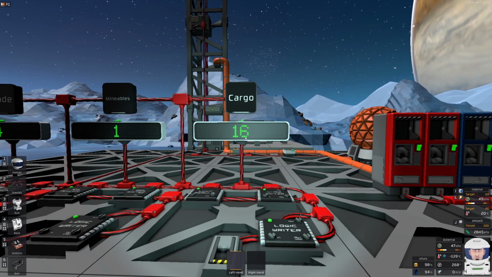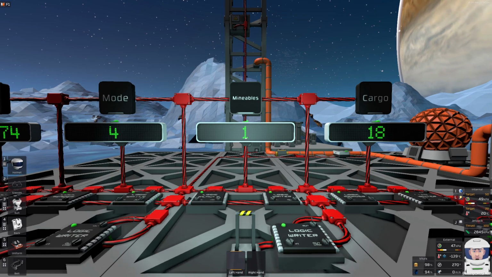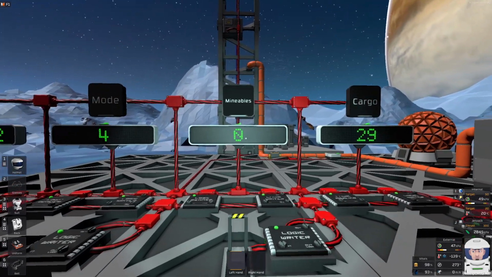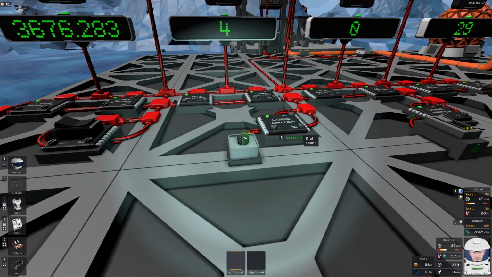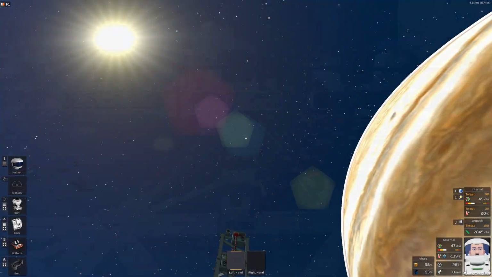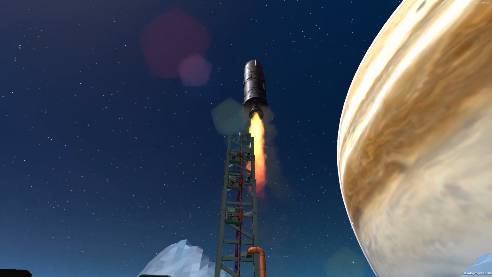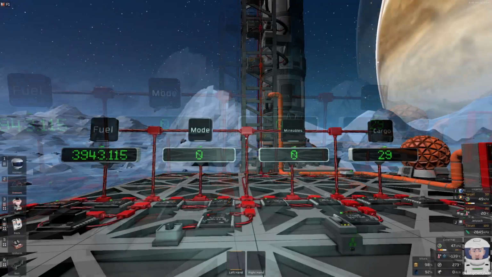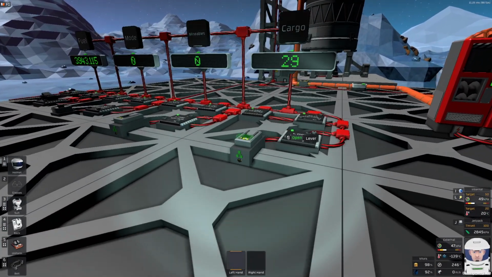Alright, so I'm very happy with the mining. I will wait for minerables to be 0, so there is nothing to mine, and I will fly the rocket back. So I can see the minerables are 0. I will stop the mining drills, and I will switch the rocket to mode 5, which is returning home. The rocket is here. I don't have any chutes over there, so if I open the cargo, the minerables will fly all over the place,